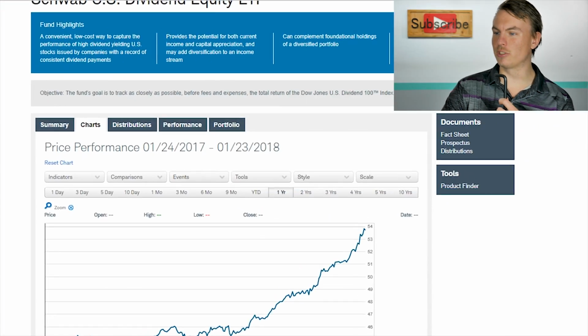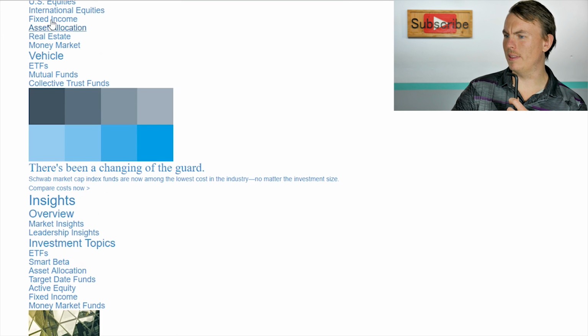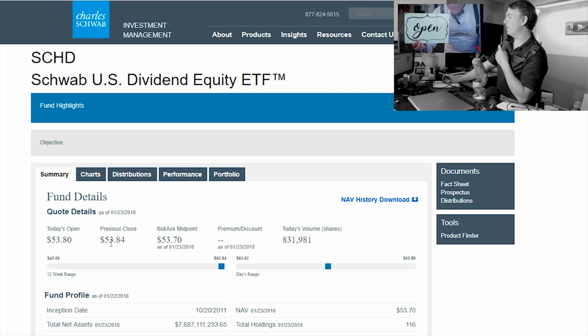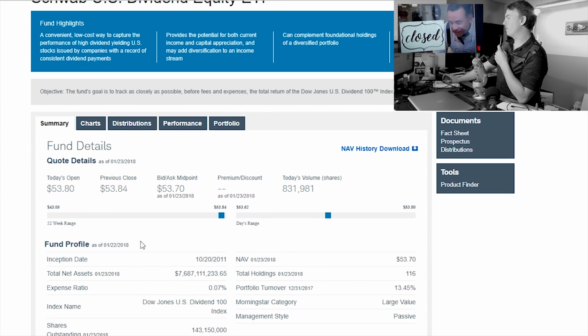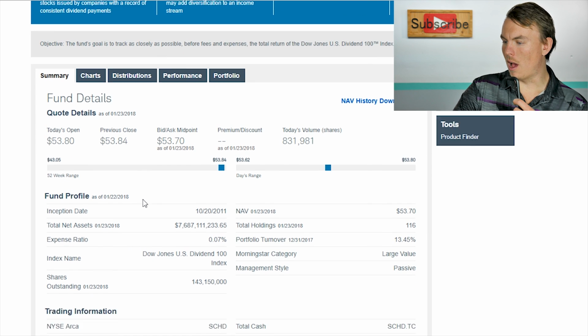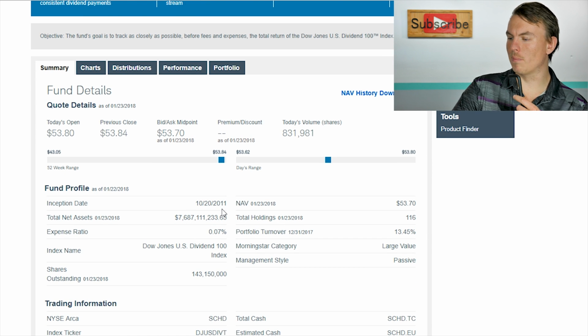First of all, this is the Charles Schwab. Wow, that didn't load up like it should. Anyway, so here we go. Basically, today it closed at $53.84, so it's a $53, $54 ETF right now. I actually hold this on both my Robinhood and my Stash account. On my Robinhood account, I've made almost a 17% return since I bought, and on Stash, I've got a